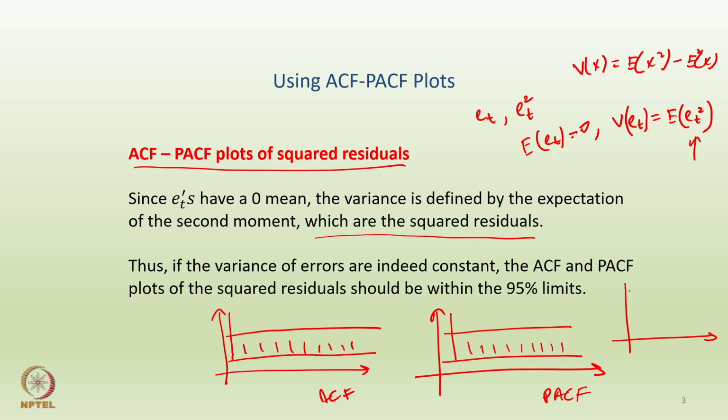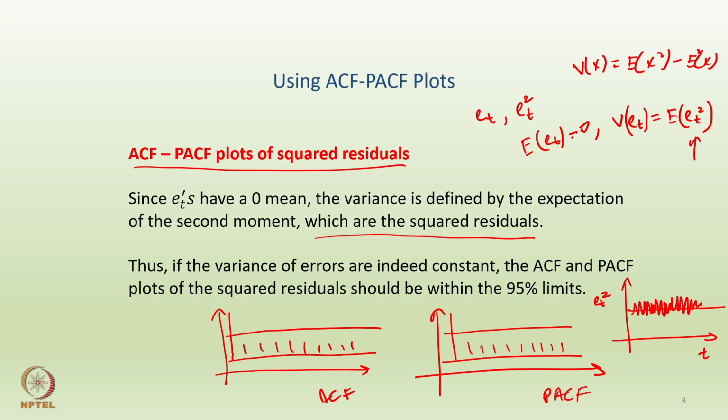If you are observing something like this in both the plots, and then you create a simple plot of, let's say, t versus e_t squared, then it should resemble a completely random and stationary structure where the mean is constant, the variance is constant, etc. Okay. So in a way, the ACF and PACF plots of the squared residuals are a very good visual check to ensure whether the variance is indeed constant or changing.